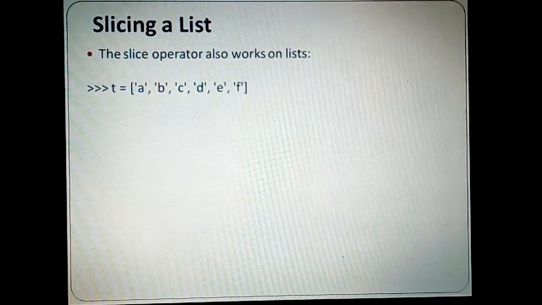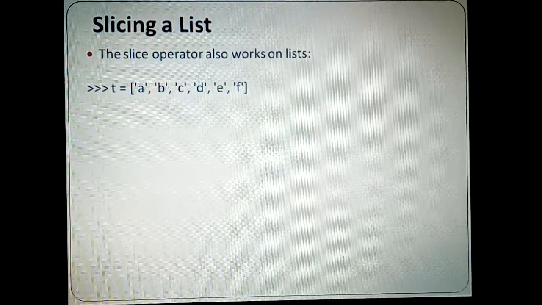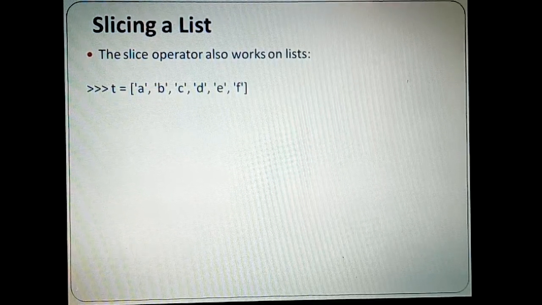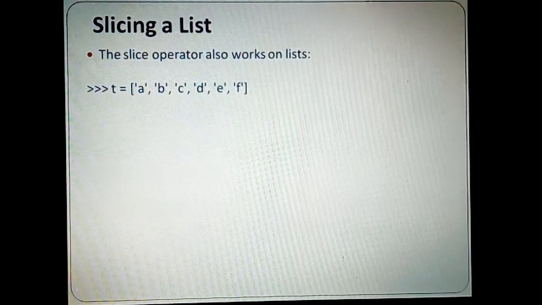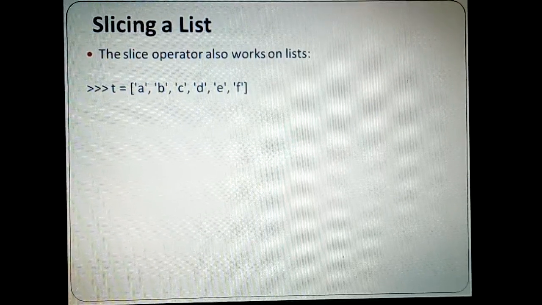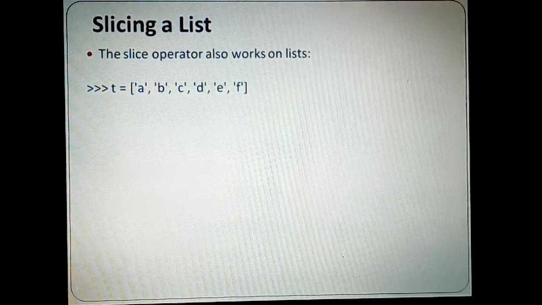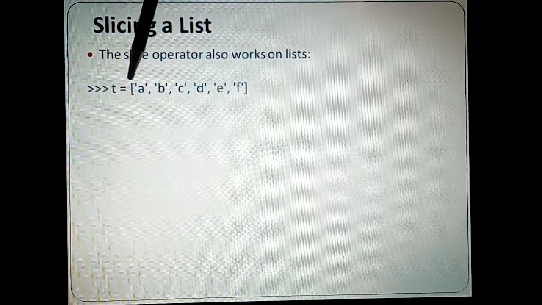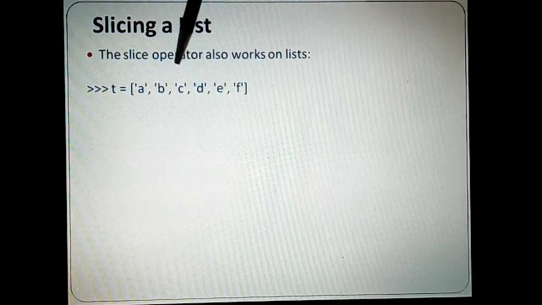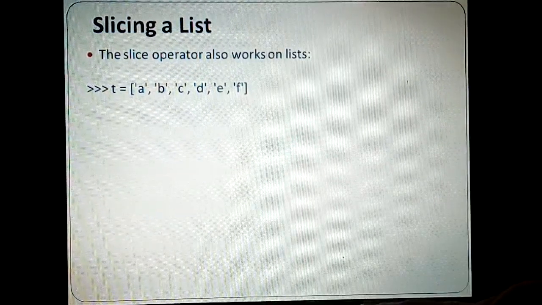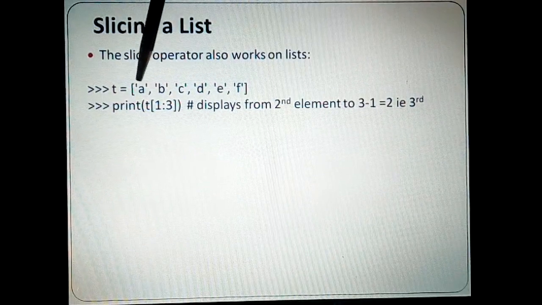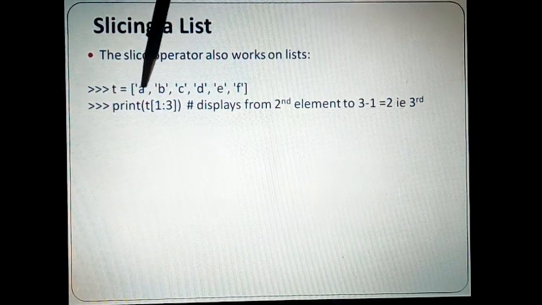Now let us see what is the meaning of slicing a list. When I say slicing, I want a slice of it or only a sub part of it. Now it's a very beautiful mechanism that is available in Python, wherein you can specify the index. Either you can specify from the beginning to end or in between, or you can skip the entire indexing also. So let us see what are the different methods to access a list by slicing.